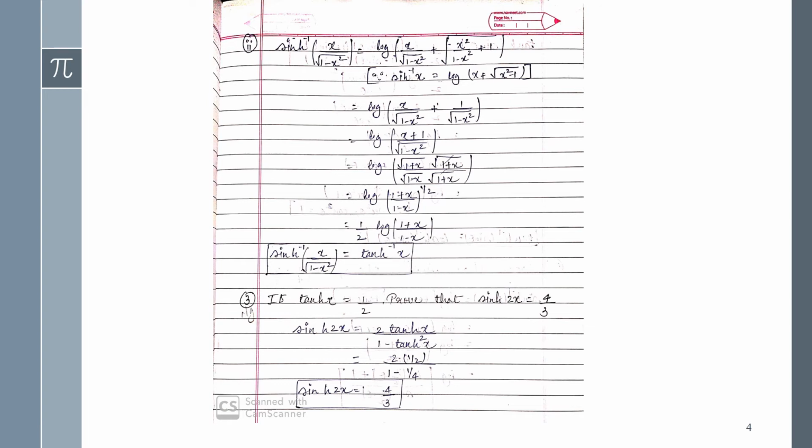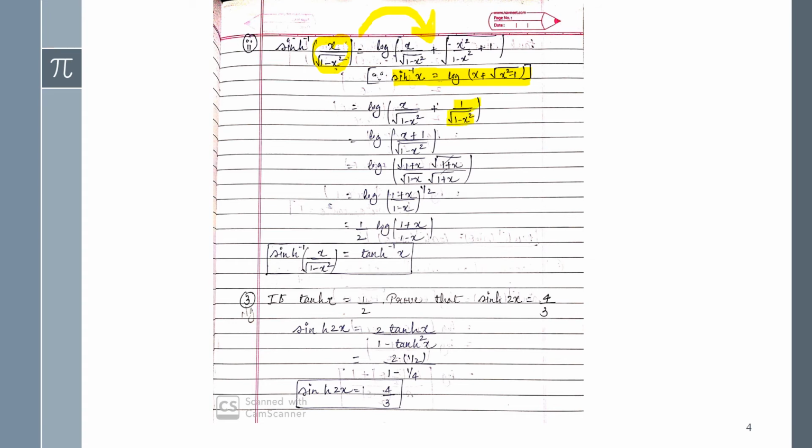So in place of this we can use the hyperbolic formula that we did in our last session, if you know it very well. So there we have found sine h inverse of x equals log of x plus under root x square minus 1. So applying this formula in place of this, and here your argument is given as x upon under root 1 minus x square. So in place of x you will write this one. Okay, now after giving its simplification, here I have simplified the term.